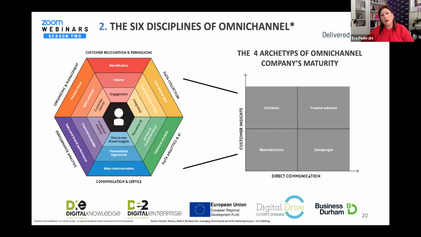Today I'm going to structure the presentation by underlining the hexagon of the six disciplines of omnichannel. It's a very interesting approach that has been presented by Hullind and Rasmus in a very interesting book named Make It All About Me. What are the six disciplines of omnichannel that help you make sure that you are doing the right omnichannel